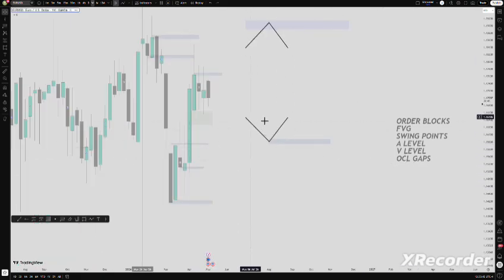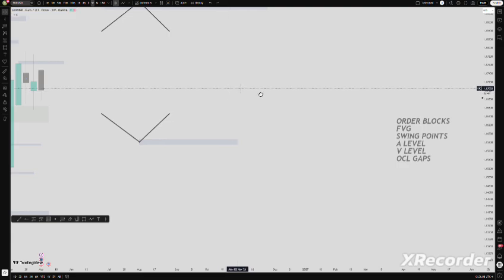In the next video I'll teach you how to align different key levels across time frames to gauge your directional bias. We use these levels to gauge directional bias, and then in the third video I'll do a complete top-down analysis, and in the fourth video I'll show you the trades I've taken so far